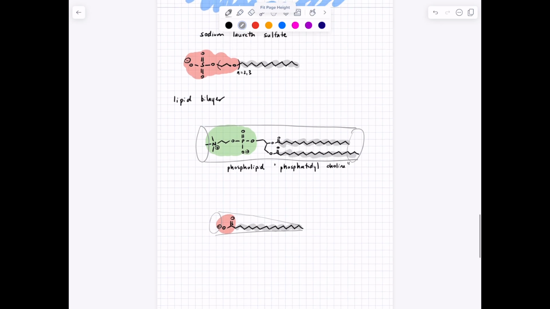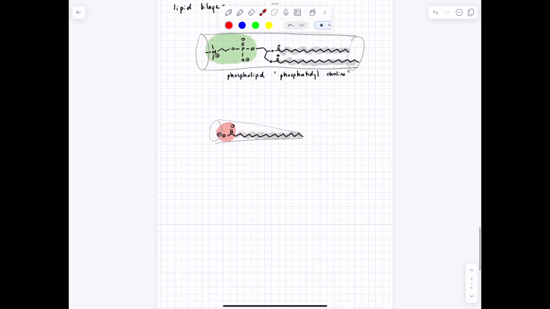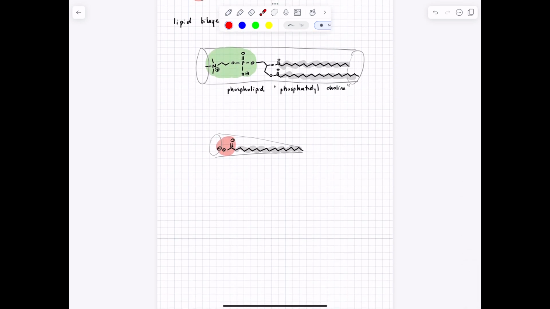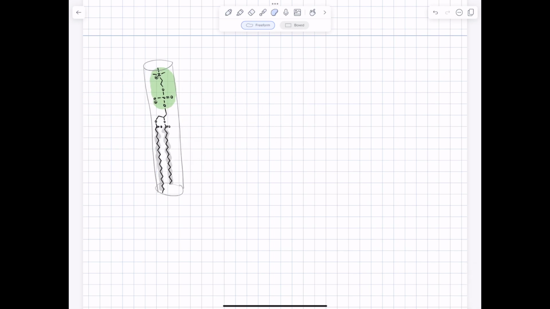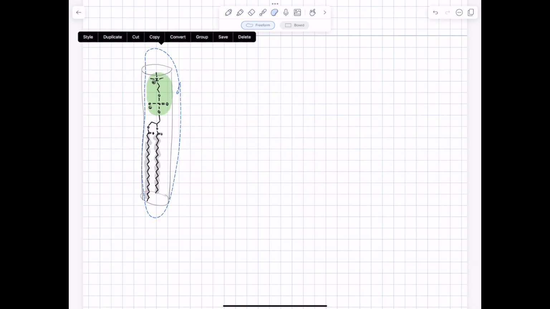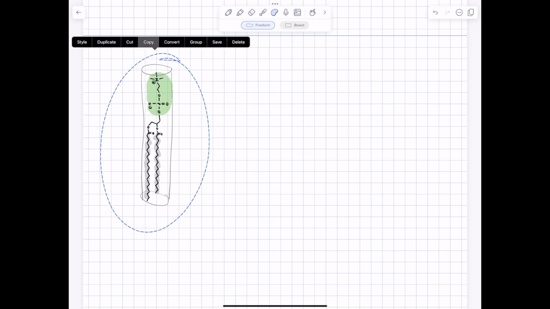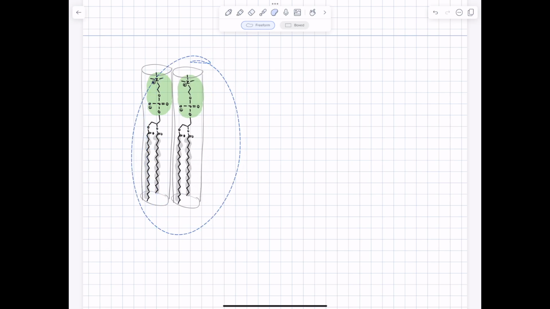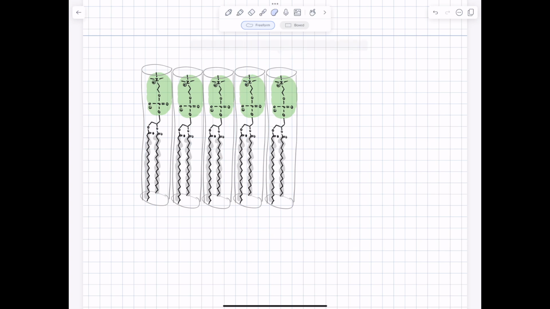The conical shape of the fatty acid allows it to assemble into this micelle-like layer shape, but the cylindrical shape of the phospholipid allows it to do something different. In other words, if you line these molecules up in water in the same way that you would line up the fatty acid, they're not going to curve towards each other quite as much to make a sphere. Instead, you're going to get a layer, a monolayer, which actually, if you think about being in water, this doesn't help you too much,